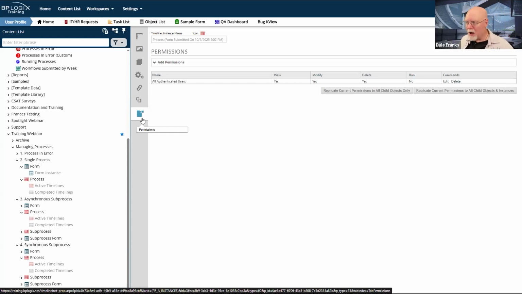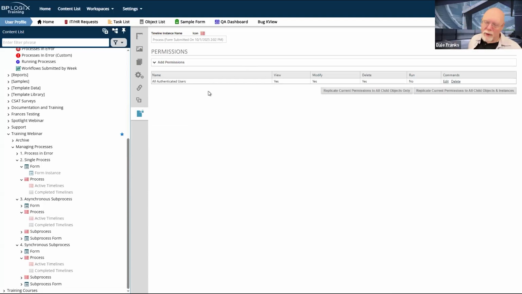As you can see on this system, since I'm the only one who uses it, I'm not all that big on permissions methodology on this particular system, because all authenticated users can do anything on this system. And I'm pretty much the only authenticated user on this system, other than my sample users who are also key. So I have loose permissions, but if you need to go into the individual instance and change permissions, you can change permissions.